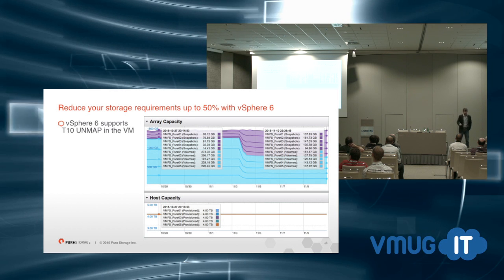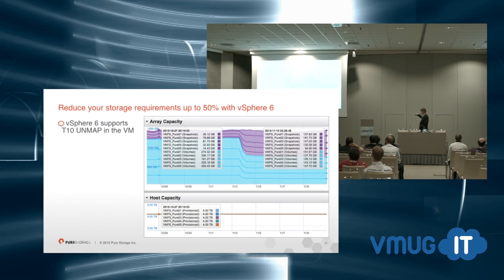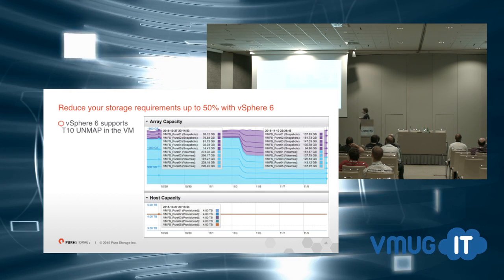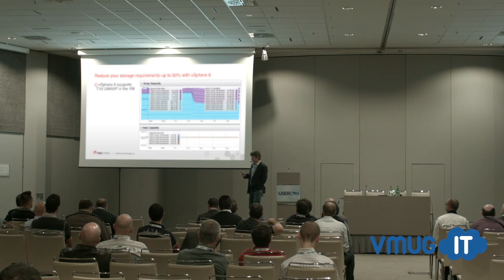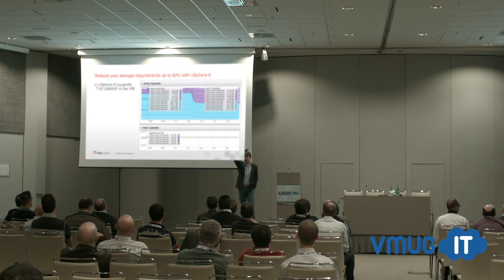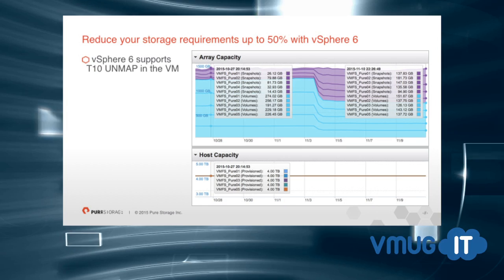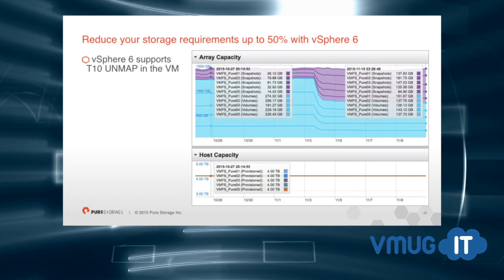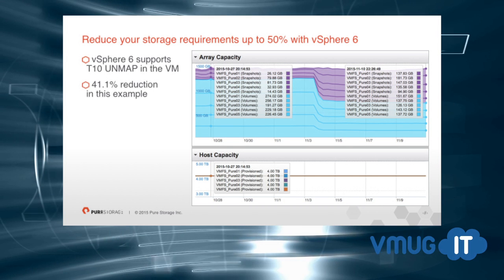Now, I started to speak around unmap, and this is some data I just came across during this trip. Customer data. This is a screenshot grabbed from within one of our GUIs on the flash array. This is a customer who recently upgraded to vSphere 6 and went through the steps of enabling the virtual machines and the hypervisors to process end-to-end unmap. Or another way to think about it is per-VM enabled T10 unmap. And what you observe here, in the center of the chart where the blue and the purple is, is this big precipice on November 3rd of the storage capacity. It's actually a reduction of 41.1% of their storage footprint.